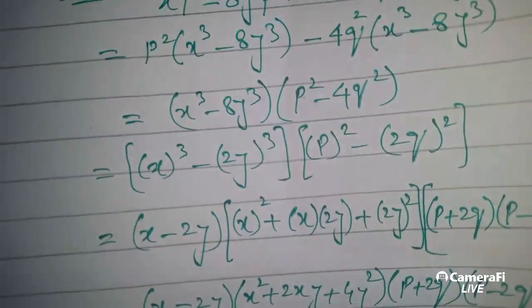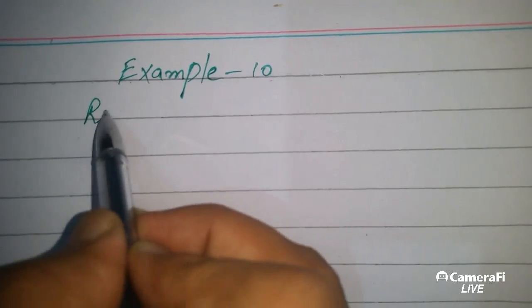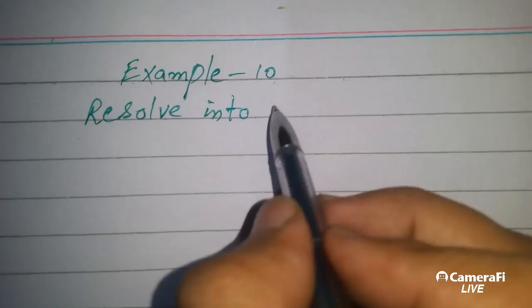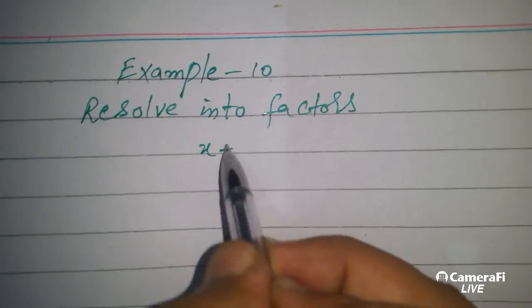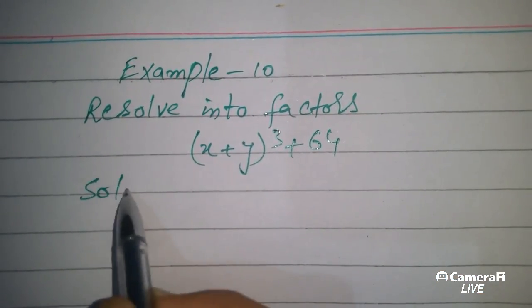Only 2 examples left. Example 10. Resolve into factors x plus y cube plus 64. Solution: